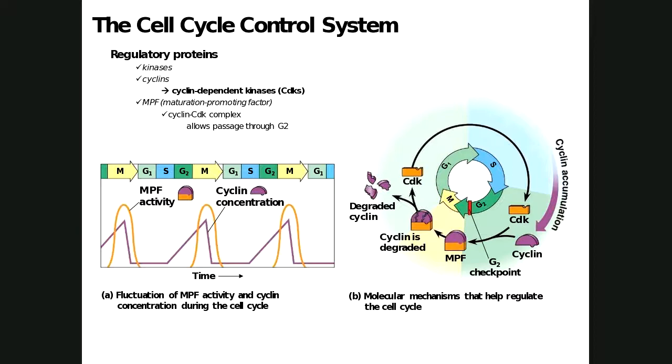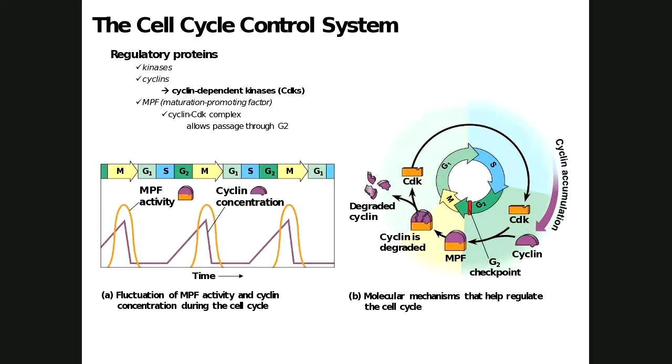So let me introduce you to a couple of proteins that regulate all of this. There are the kinases, and I'm in the upper left if you wonder where I'm getting those words. Kinases and the cyclins. And the type of kinases known as CDKs, they're cyclin-dependent kinases. All right, so they're dependent on each other. And when a cyclin binds, it makes this CDK complex. That together makes something called a maturation promoting factor. That's a cyclin and a CDK complex. And that's what allows the cell to start moving out of G2 into mitosis.